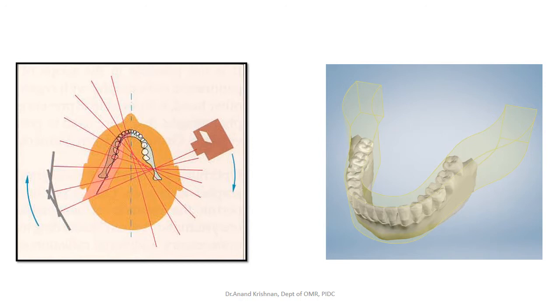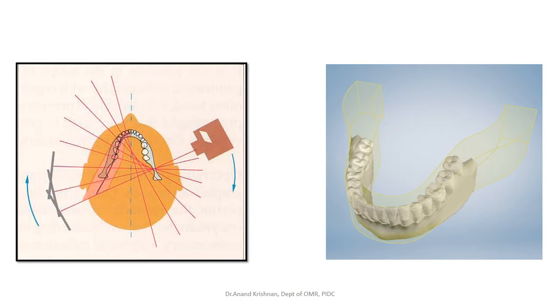that we have come a long way in terms of developing the OPG. So what we have done here is that we have developed multiple points. First we had a single point rotation, then we saw that there was a lot of magnification and distortion. Then we came with 2 point. Later we had 3 point. Now what we have is a 3 point center of continuous movement. That is, there are 3 points of rotation, but there is also continuous movement and shift between the centers of rotation, so that the discrepancy, that is the closeness of the receptor and the source of the X-ray to the object, is avoided.